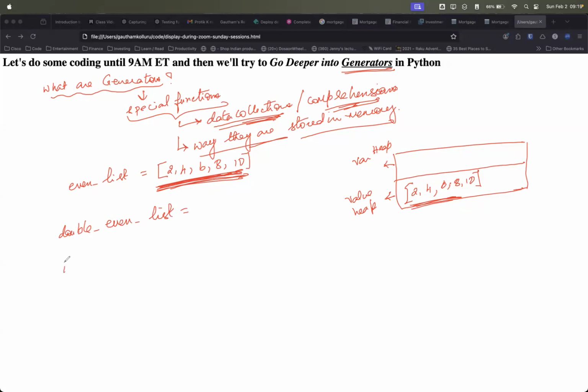One is by writing a for loop: double even list is equal to an empty list, which means we are initializing this list, and then saying for even number in even list,